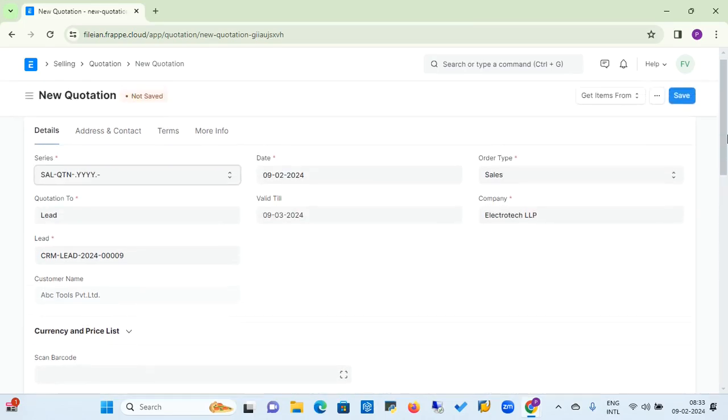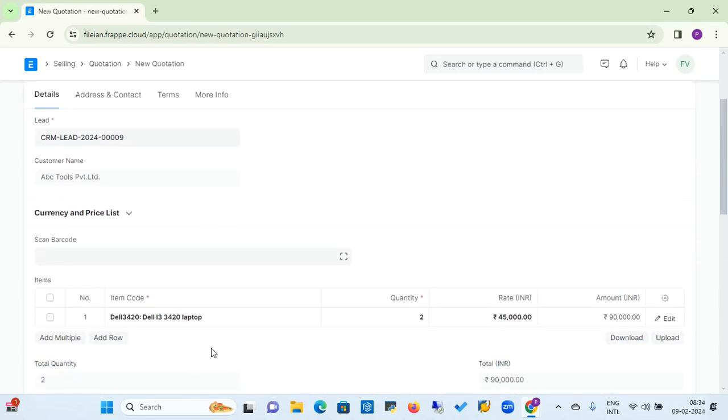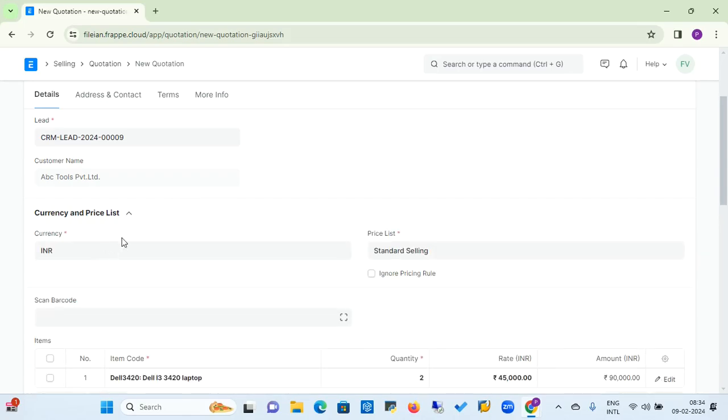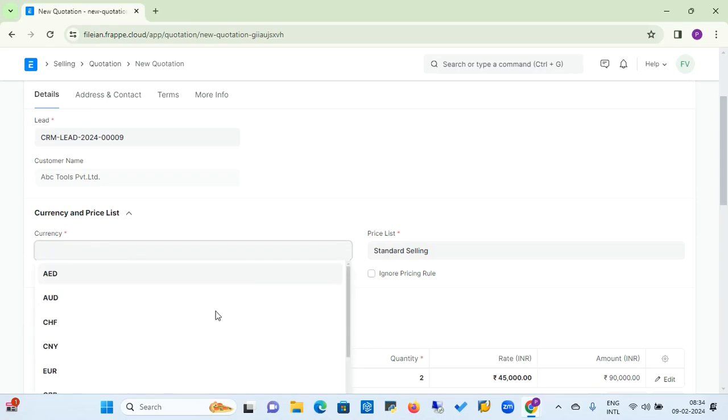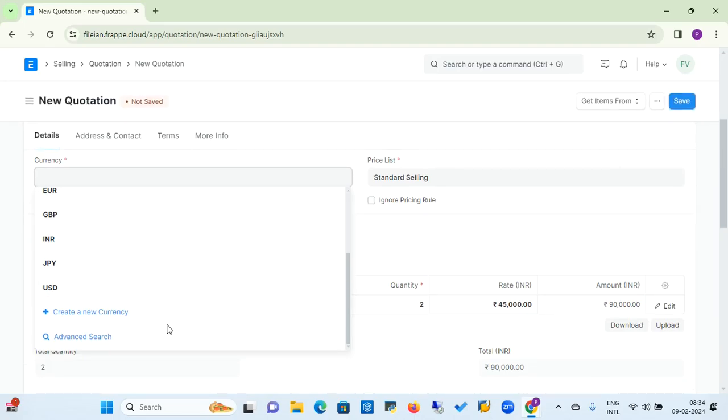from the lead itself. Then you need to check the customer name, item details, and the currency and price list. Because we are in India, we are using currency INR. As per your country, you can choose your currency details. All currency details are available in the ERPNext application. You can select any other currency. If your country's currency is not listed, then